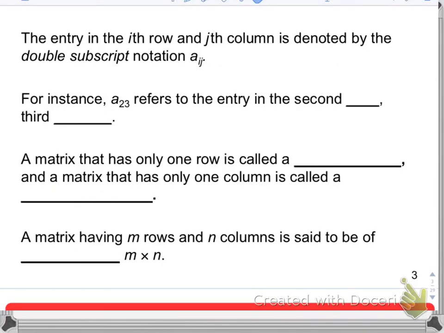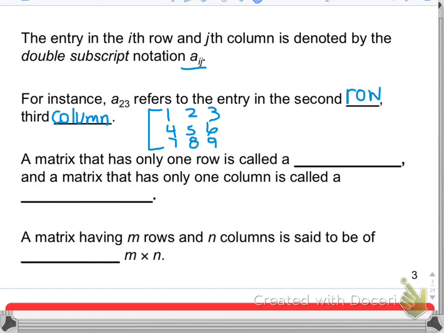Okay, and so the entry in the ith row and jth column is denoted by the double subscript a sub ij. For instance, a sub 2 3 refers to the entry in the second row and third column. And so for instance, if we had the 3 by 3 matrix 1, 2, 3, 4, 5, 6,